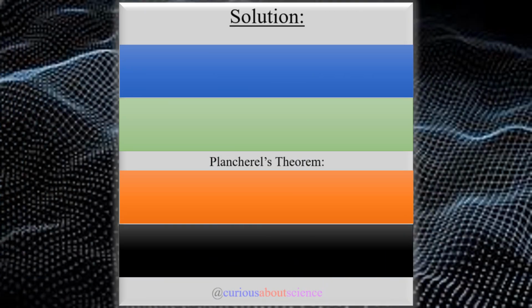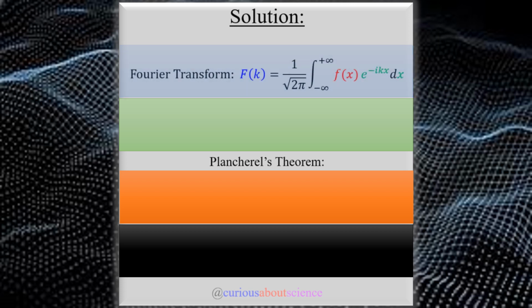Well, to start, I guess we should write down the definition of the Fourier transform, which is what we see here. The goal is to find F of k, where f of x in red is equal to the Dirac delta, but note here that we have e to the negative ikx with respect to dx. We integrate out all the x variables here, and we're left with k only. So that should be your first cue.